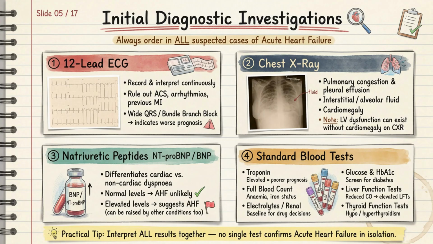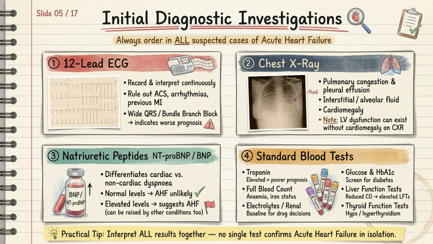Second, chest X-ray. Look for pulmonary congestion, pleural effusion, interstitial or alveolar fluid, and cardiomegaly. But here is a critical caveat. LV dysfunction can exist without cardiomegaly on the chest X-ray. Do not be falsely reassured. Third,